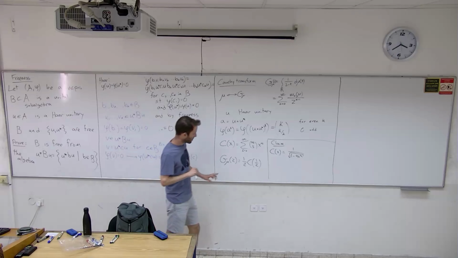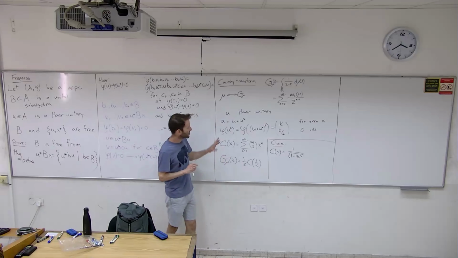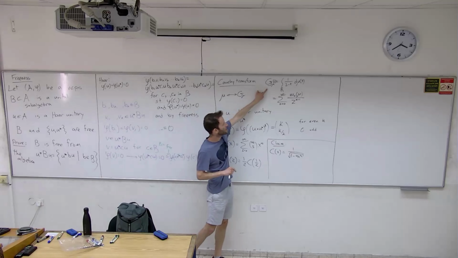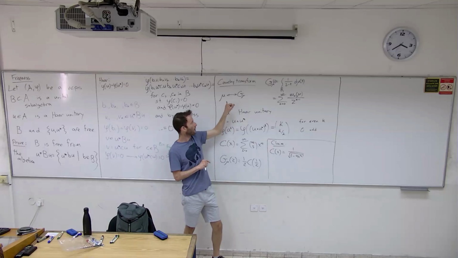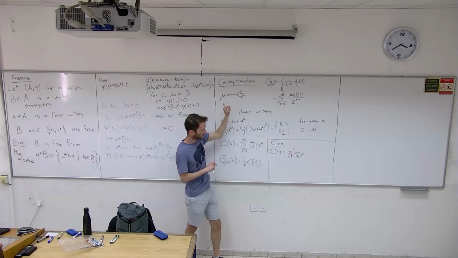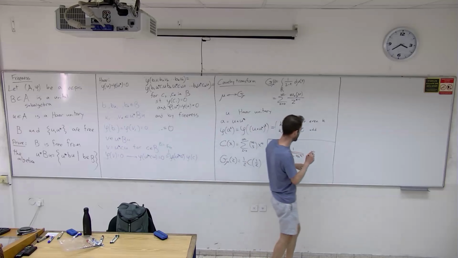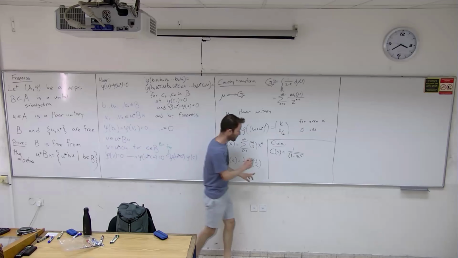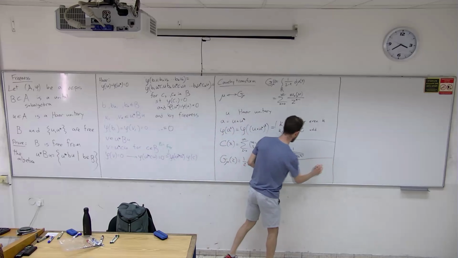And I want to mention two things. First of all, I wrote here the definition of G. So this is the direction of how do we go from mu to G of mu. I didn't write the other direction, which is the Stieltjes inversion formula. So I'll write it down soon. I want to mention one other thing,